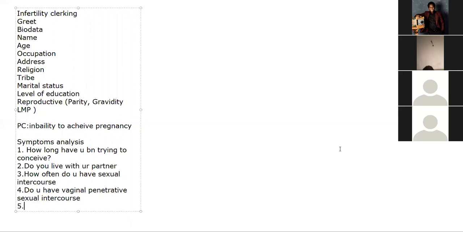People can be using contraception and still expect themselves to get pregnant. This might seem ridiculous, but trust me, not everybody is educated up to that level. So you have to ask. Do you understand? So you have to ask, do you have unprotected